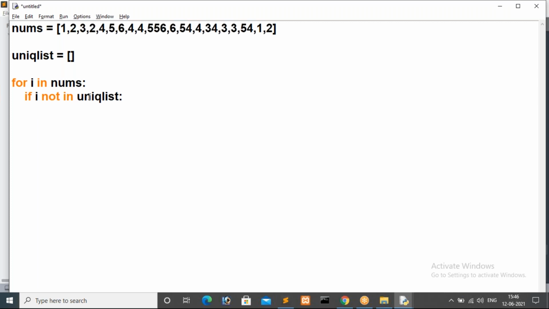So how can we store that value? Anybody? Here I'm getting true from that list. If I, inside we have value 1, not in unique list. Initially the unique list is empty, right? So I'm checking 1 not in unique list. What does it return? The not in operator will return true, because 1 does not exist in the unique list. That is true, not existing. So we are getting true. In that case, what do we have to do? 1 does not exist in the unique list, so we have to store it inside the unique list. So how can we store, guys?